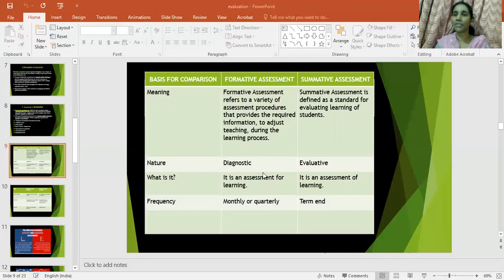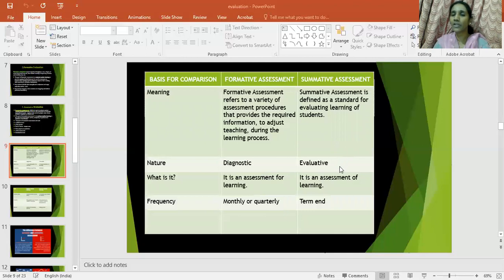With the evaluation, means you will conduct some tests, some exams, and then you will diagnose the result and evaluate it. Those who scored less will be considered average students. Those who scored more will be considered above average students. Those who failed will be considered below average. So in the ongoing process of formative assessment, you diagnose your students: how many students there are in a particular chapter, a particular test, how many of them scored more, and how many scored less. All of that you will diagnose.